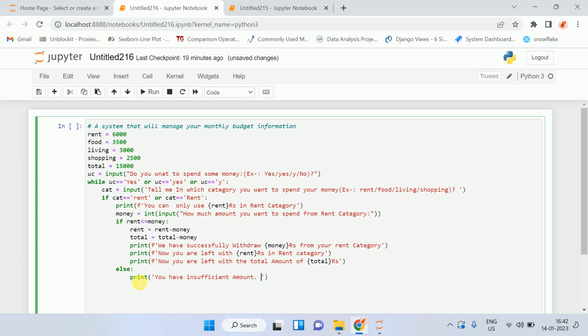or again you can say you can only spend this much amount. Okay, fine, let's say f-string. Yeah,